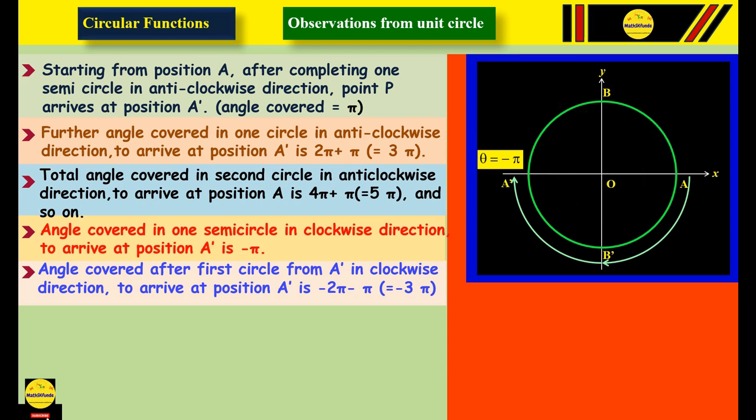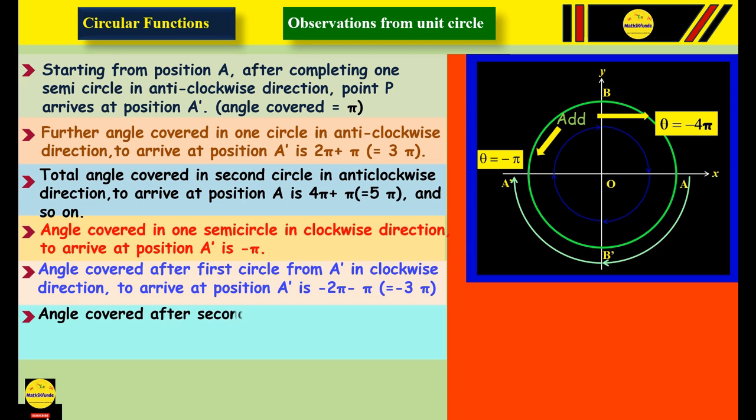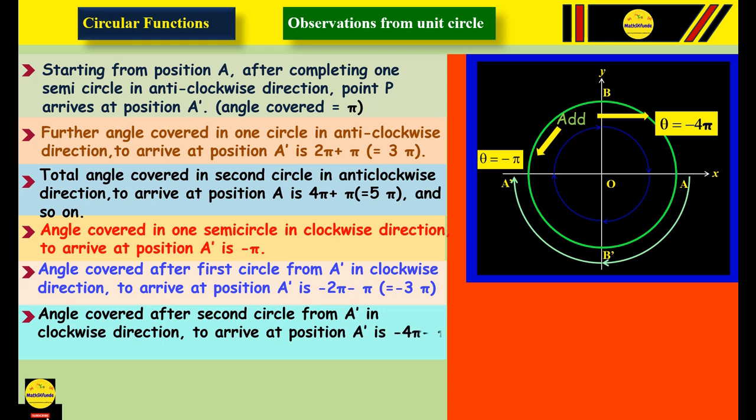Now, you can also allow point P to move further another circle in clockwise direction, meaning another minus 2 pi will be added to previous minus 2 pi. That will make minus 4 pi. And the initial minus pi corresponding to the semicircle we already have. So minus 4 pi minus pi have to be added,